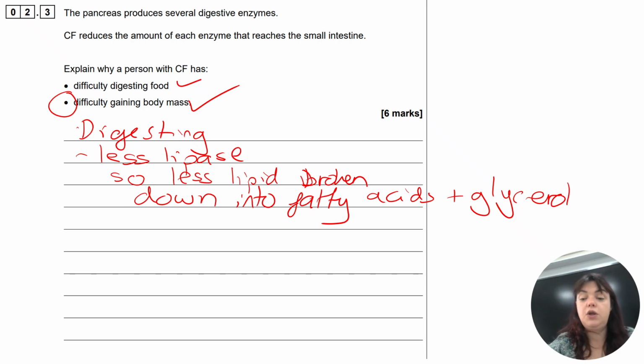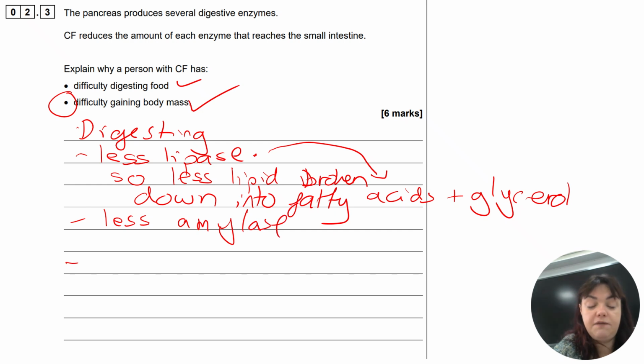And this is why. You've given me a point, which is the less lipase, and then you have linked it to the difficulty in digesting foods. This is what we call a linking mark. So you're already into that 3, so well done. Now, the other way that you can get the 4th mark, if you've not mentioned difficulty gaining body mass, is that we could talk about the fact there's less amylase,